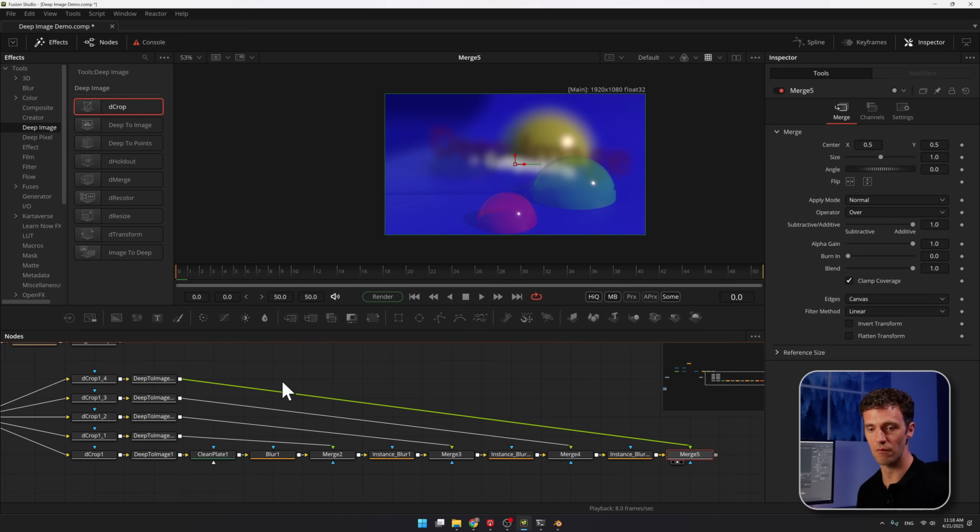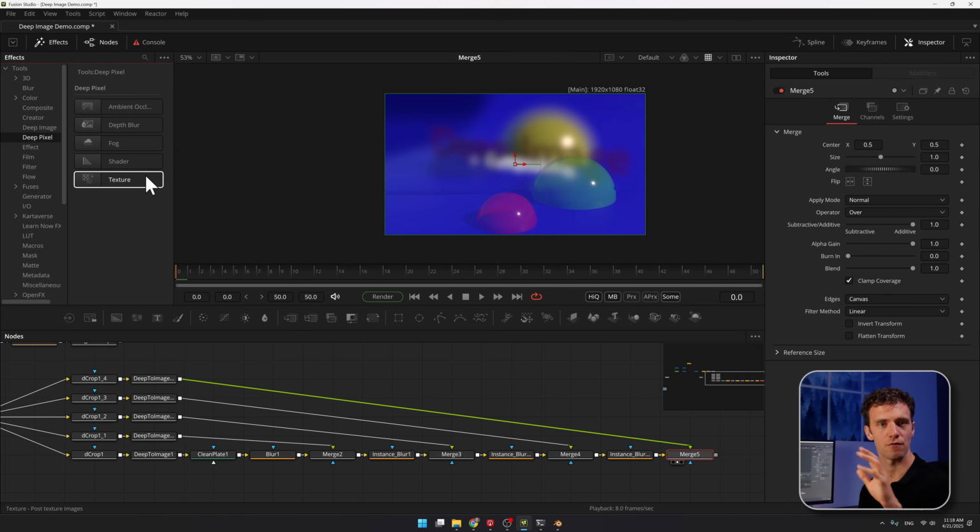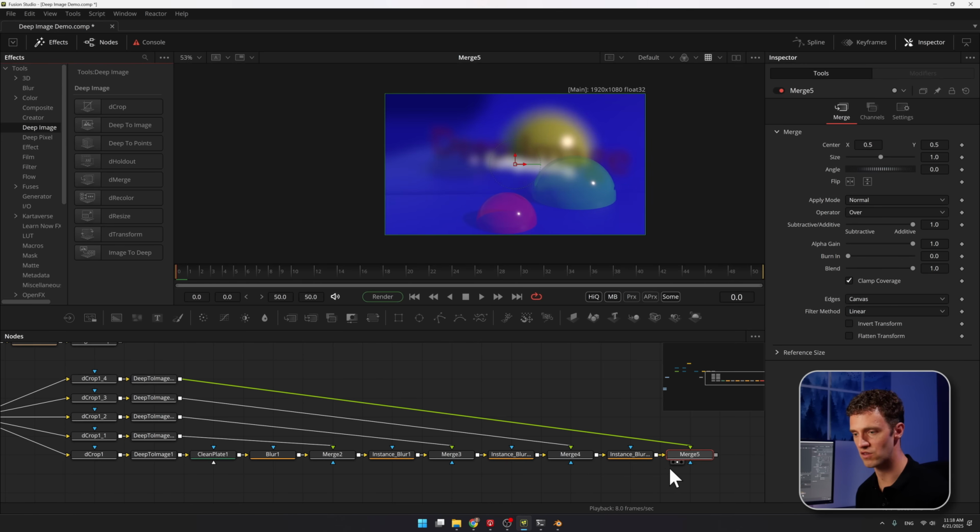The best solution would obviously be if Blackmagic Design created, for example, a deep image blur tool for us. Let's see, I don't know if they go in this direction. I think the tools we see here at the moment are basically the same that are in Nuke, so I think that's what they emulated. But we'll see if we get more deep tools like the deep pixel tools here, like a fork tool, perhaps some shader for relighting, stuff like that would be interesting for deep images as well. But I think this is enough to illustrate